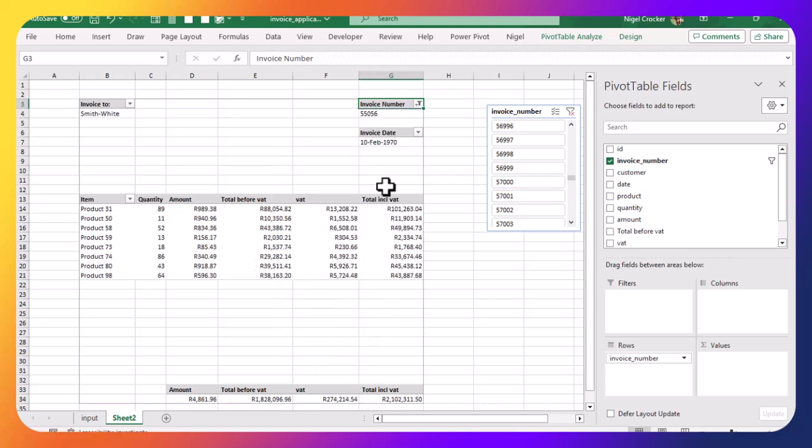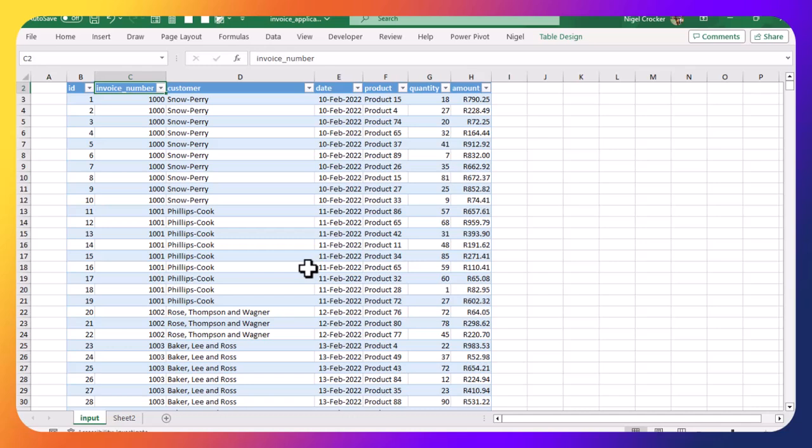Immediately updates, no drag. So you can see it doesn't matter how many invoices, you can have millions of invoices. There are ways of appending the reports and using external connections and things like that. And this is not even using proper database normalization, because in a proper database you'll split this into a company and an invoice header table and these into an invoice item table, but we're not even doing that. This is just for people who want to have a quick system up and running, no cost,